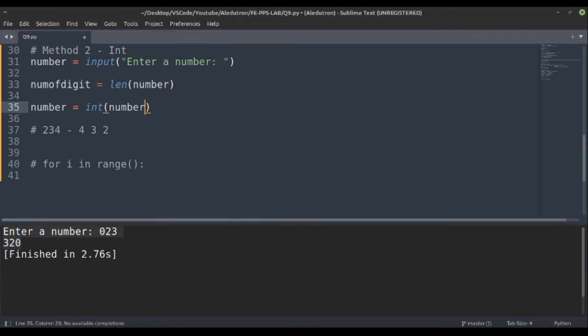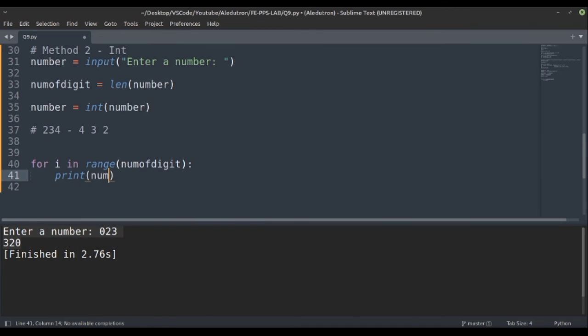As we no longer need the string, we will be using the int method. So what we will do is number equal to int of num. Now this number has become an integer. So now we can run a loop for i in range number of digit. After number of digit, we have to use a mathematical operator. So what we can use, I will show an example.